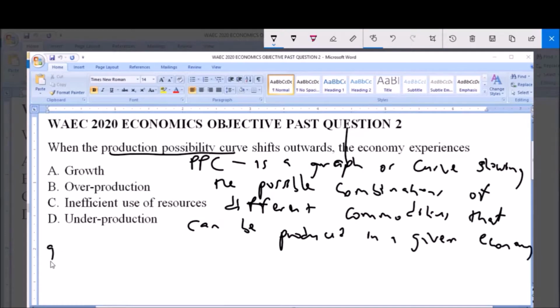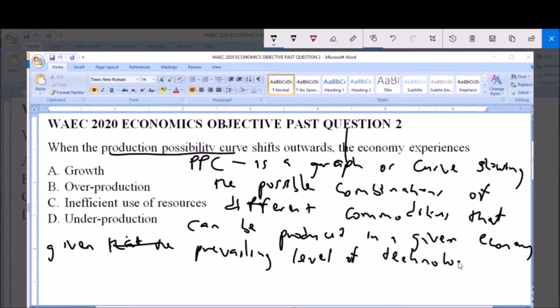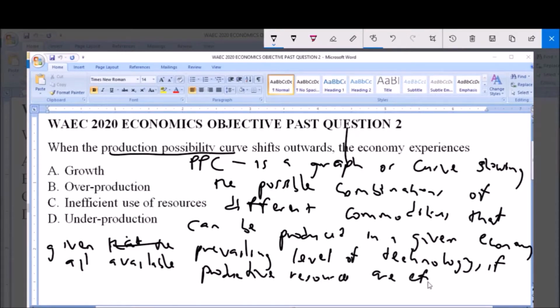Now there's a condition, and this condition, given that the prevailing level of technology, if all available productive resources are efficiently